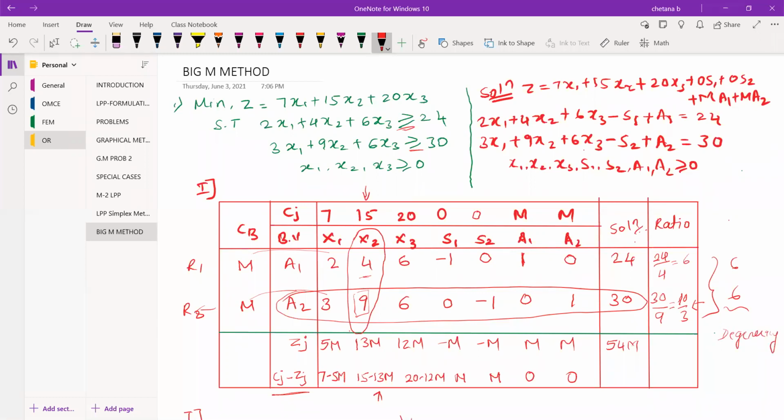Now, what is this degeneracy and how to deal with such problems, we will see next week, not tomorrow. But for tomorrow's class, you'll be dealing with problems which have greater than or equal to symbols. We'll go back to the simplex, a slightly confusing version of simplex. Okay, so this is about today's class.